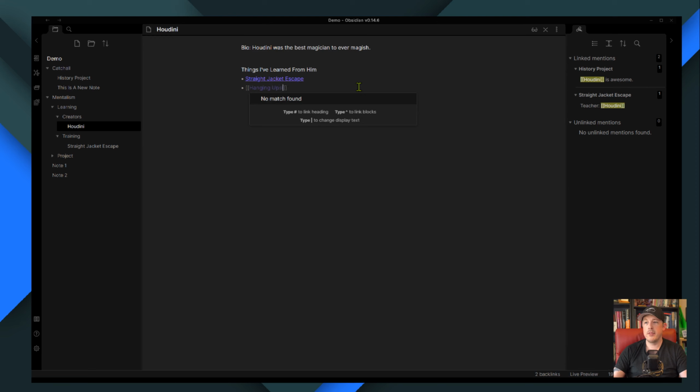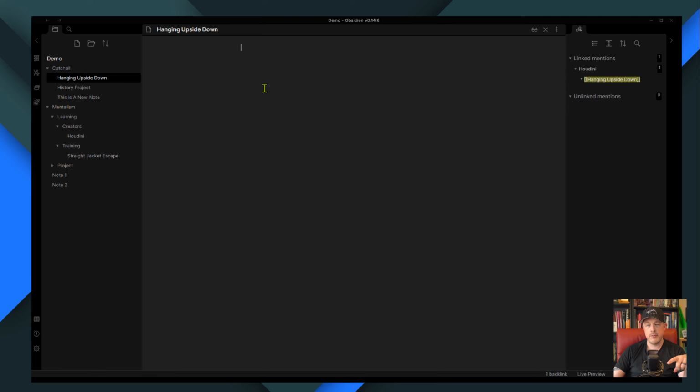Hanging upside down. Enter. All right, so now you can see that it created a link, but it's not bright purple like this one. It's kind of dull. Well, that means that I'm linking to a file name that doesn't exist yet. And if I wanted to, I could click this link, boop, and now it creates that file ready for me